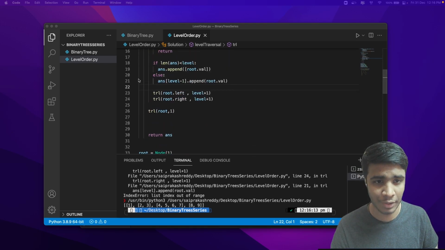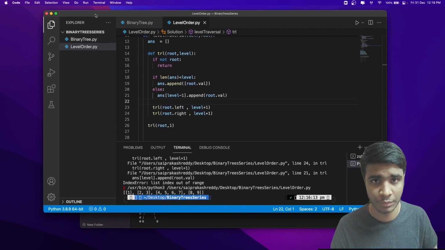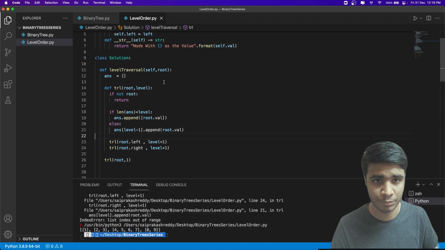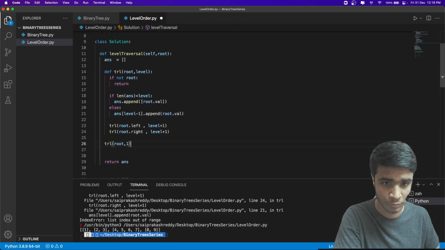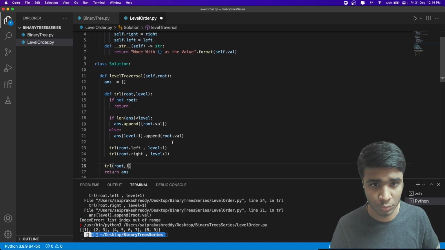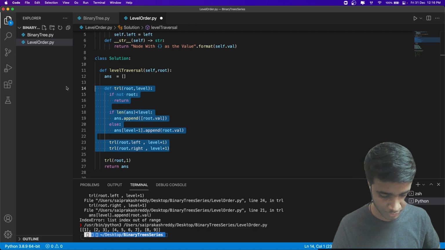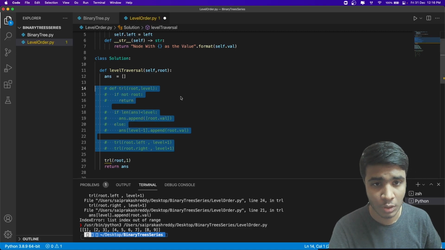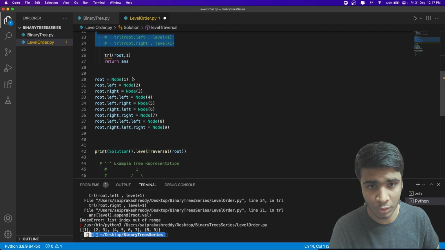Let me iterate back over what I did here. Let me put it in full screen. Let's take things one by one. Forget about this function for a moment. Once we have called traversal on our given root,